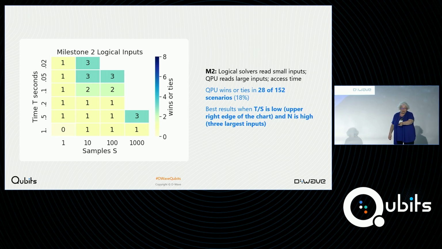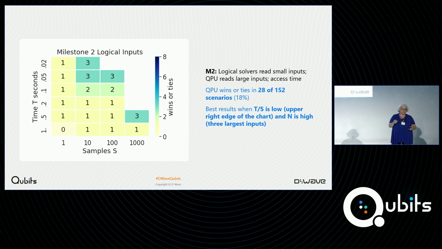There was one input where just about all the scenarios the QPU was winning, and a second input in the upper right-hand corner of this graph, which is the shortest run times, the most samples and the smallest time limits, where the QPU did pretty well, and then even higher up in the right-hand corner, the third input. We did find 3 inputs where the quantum processor was able to win, and they all tend to congregate in these upper right corner